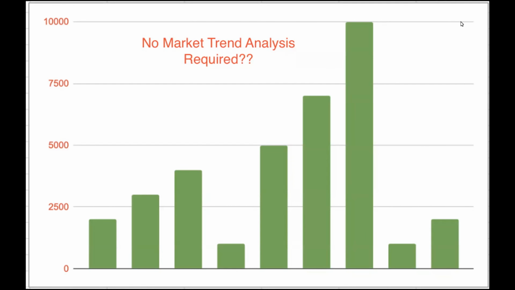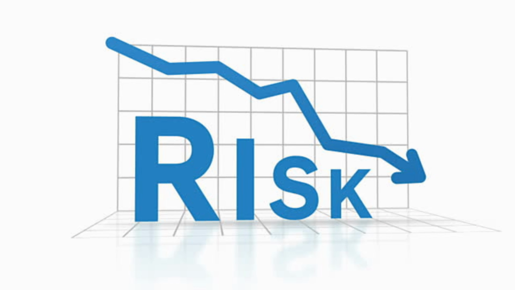The next benefit we are going to discuss in SIP is that we don't have to analyze the market trend. This is because with regular investments, we benefit from rupee cost averaging. With rupee cost averaging, it automatically allocates us more units when the market is falling and fewer units when the market is rising, right? So this makes our strategy much less dependent on market swings. So we don't have to time the market or analyze the market every time we invest in an SIP. It is often said that SIP investments have much less risk compared to lump sum investment.